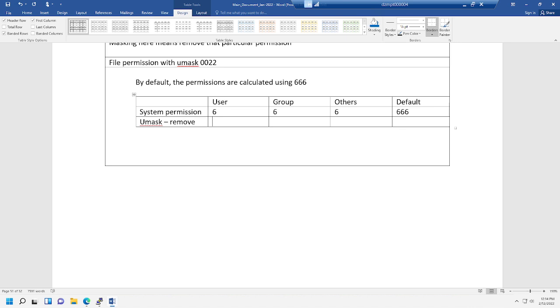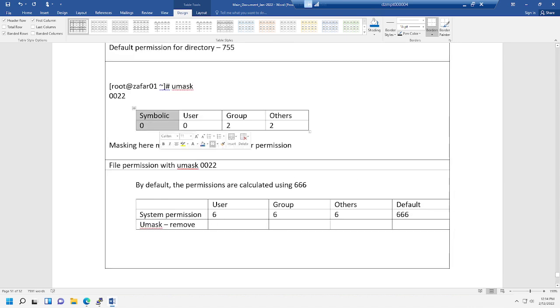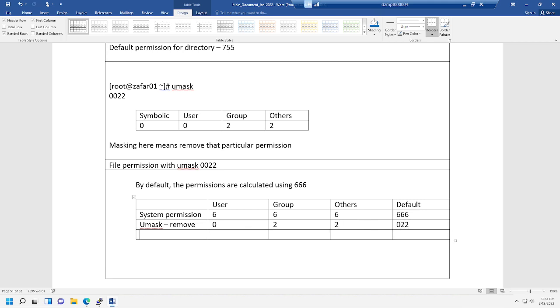So first one, don't worry about the first part here. Just worry about these three. For user, what is the UMask here? 0. What is the UMask for group? 2, and 2, so 022. Now the final permission is